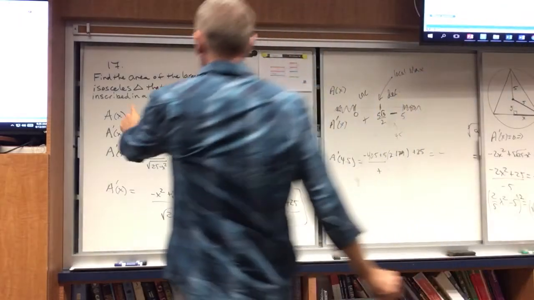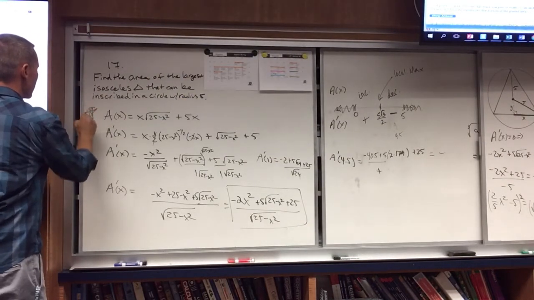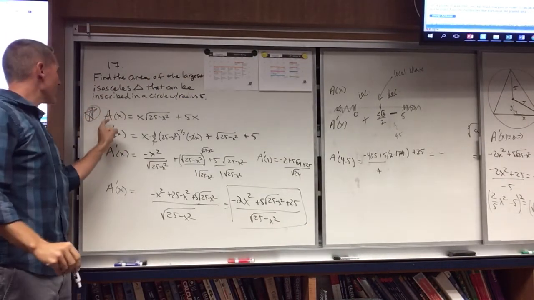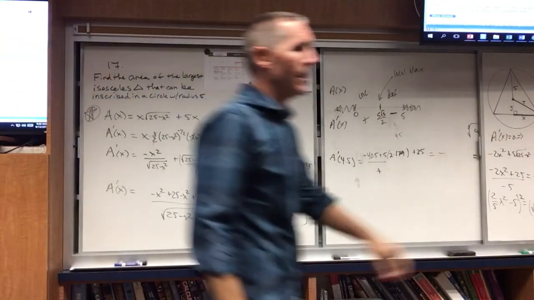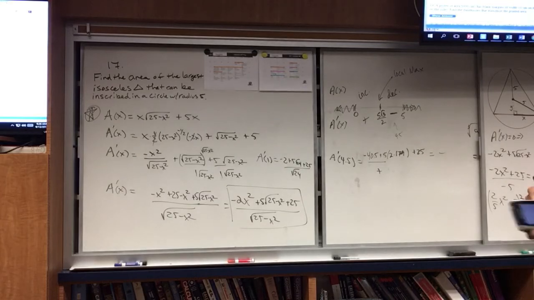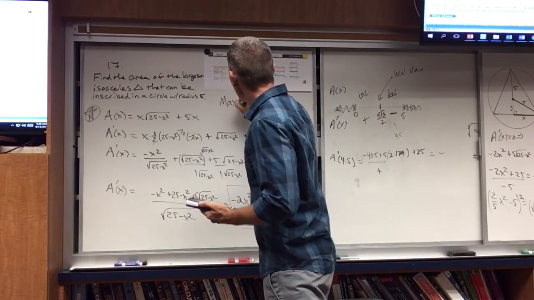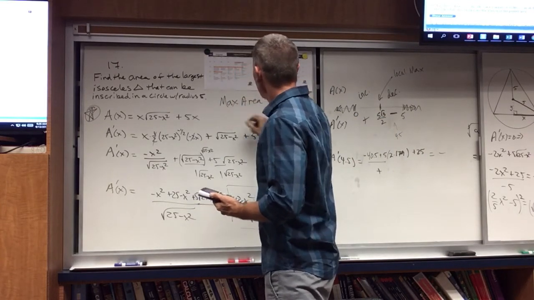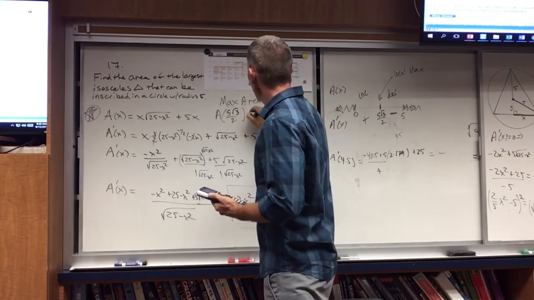Well, this function that I have here is the area function in terms of only x. So what I'm going to do is plug 5 root 3 over 2 in for x. So the maximum area is just a of 5 root 3 over 2, which in this case is equal to,